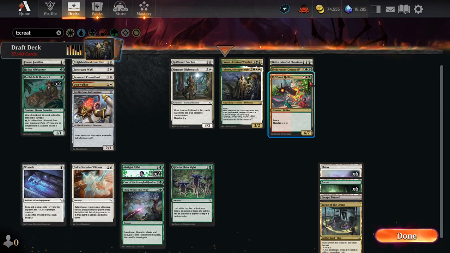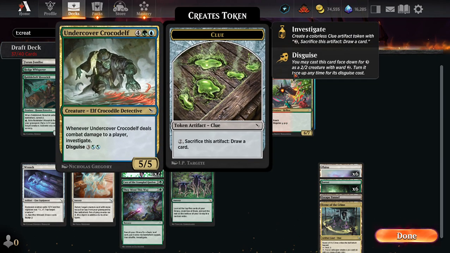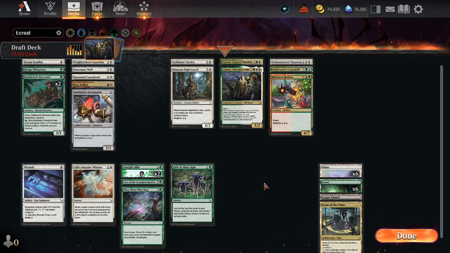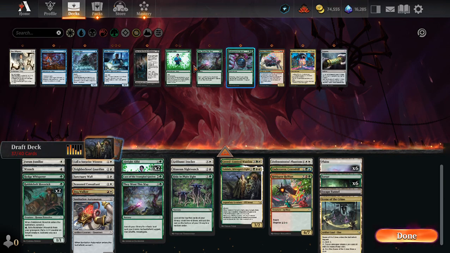And this one, so, no, that's not that. Yeah, that one. This one, I wouldn't be able to play that as is. I'd have to play that as a disguise. And this one, I'd have to play that as a disguise as well. I mean, maybe. I've got Scene of the Crime. You know what? Let's include...